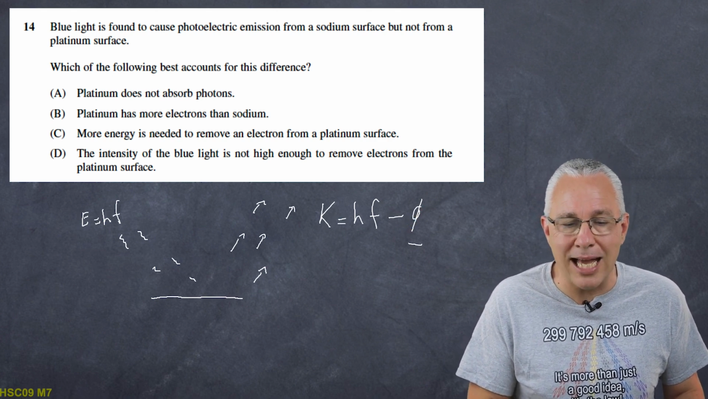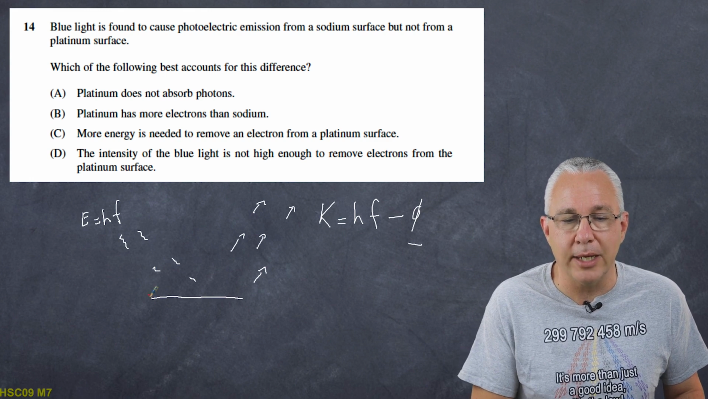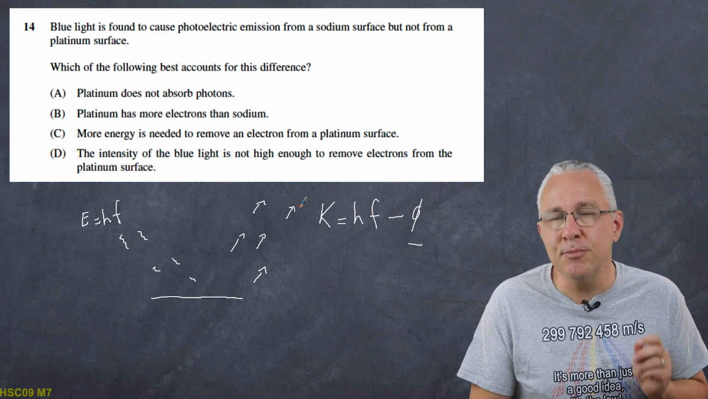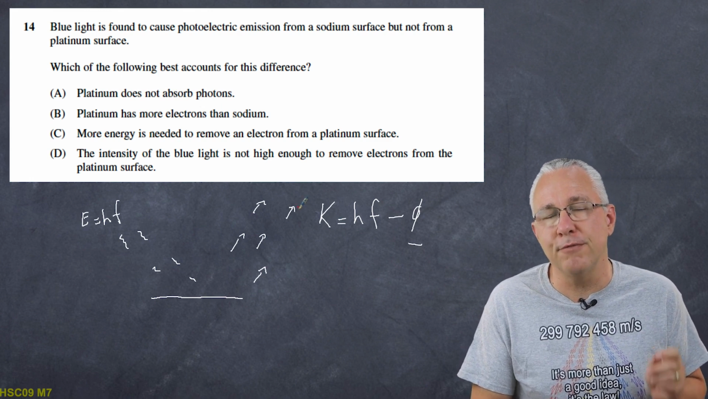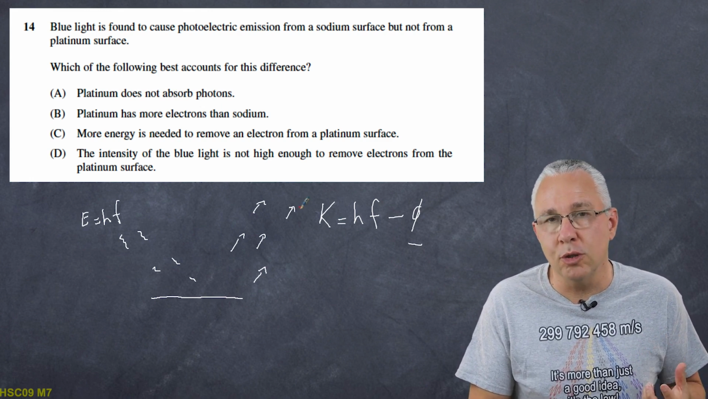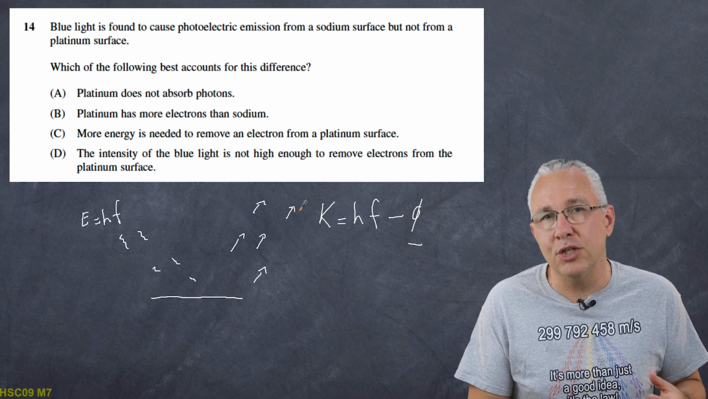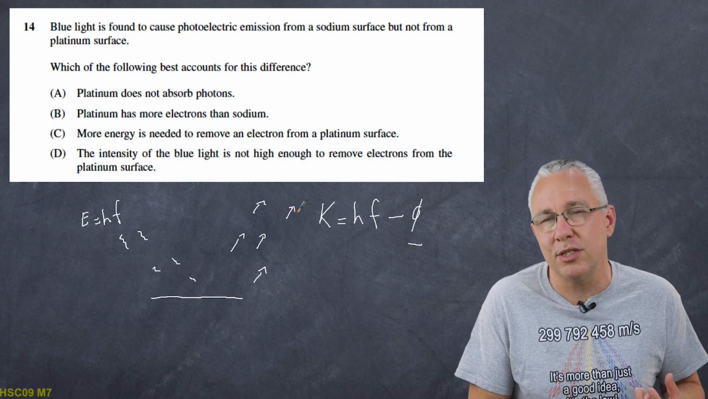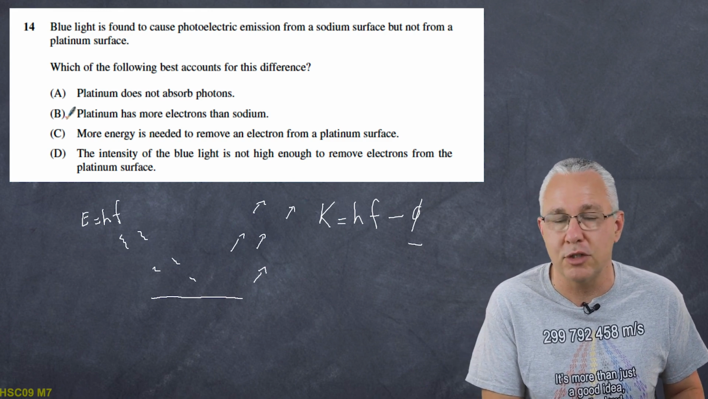So let's now look at our answers and see if we can work it out. So it says the platinum does not absorb photons. It does absorb the photons, but as a result the energy will be converted into heat. So the material does absorb the photons, it's just that it doesn't allow for photoelectrons to be emitted,